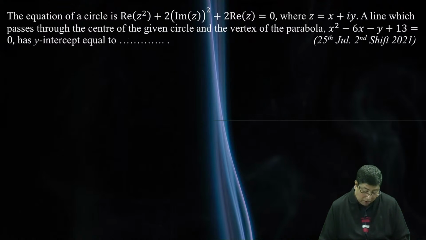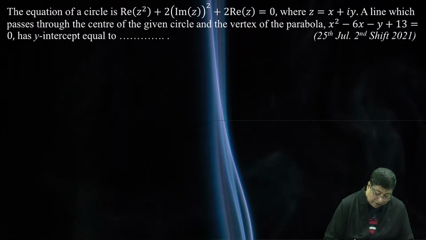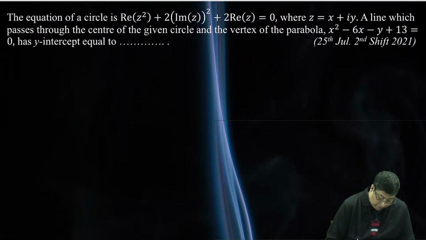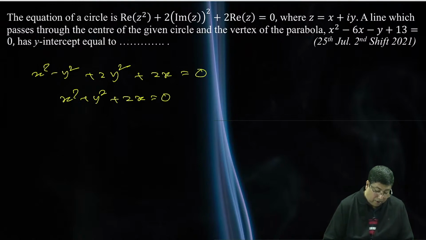Okay, it is a circle; we need the center of the given circle and the vertex of the parabola. If we have to find the y-intercept of the line through them, what can be done? Whatever I told you, real z square means x square minus y square. So x square minus y square plus 2y square plus 2x equal to 0. Therefore x square plus y square plus 2x equal to 0. Therefore the center of the circle is